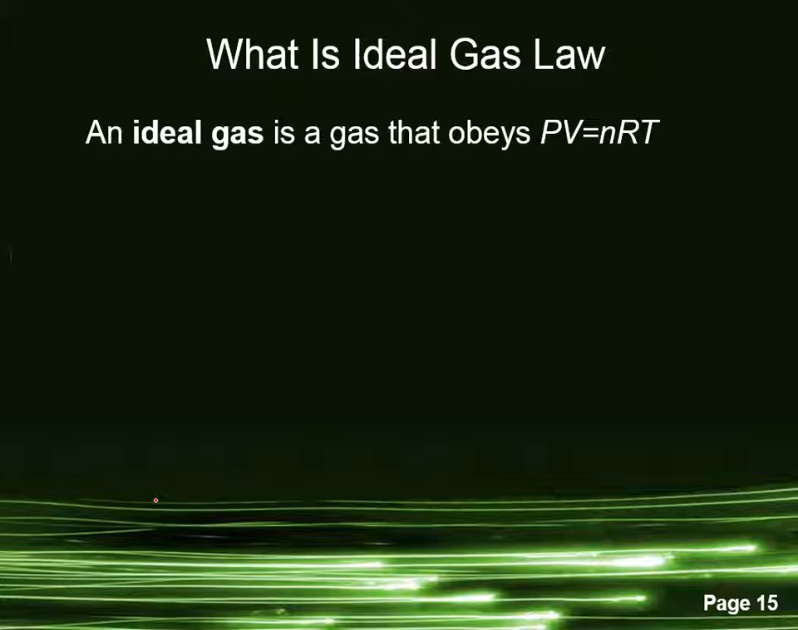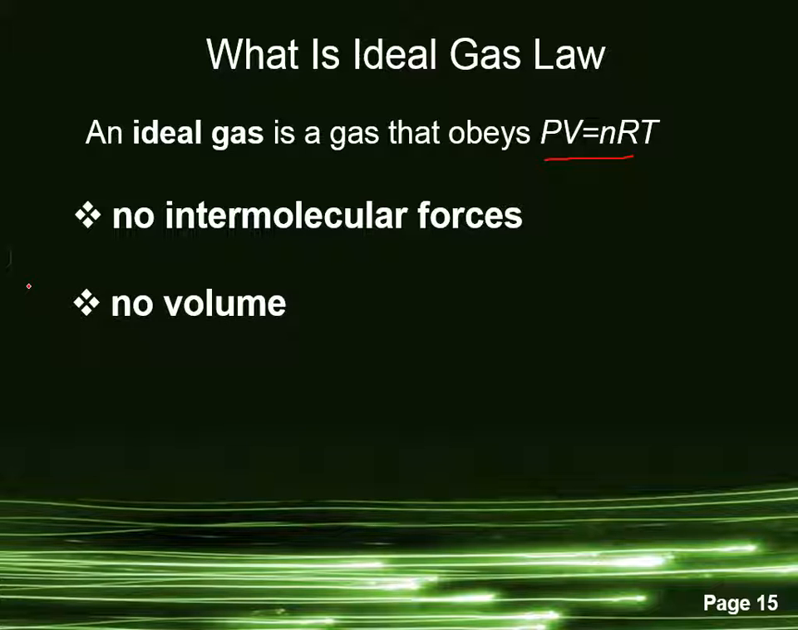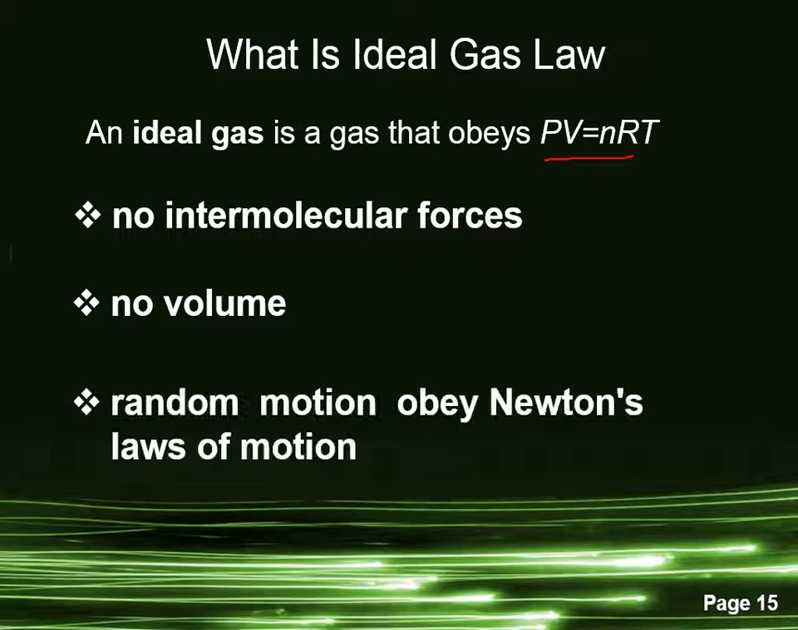What is ideal gas law? An ideal gas is one that obeys these three conditions. The first condition is there are no intermolecular forces between gases. The second one is the volume occupied by the molecules themselves is negligible compared to the size of the container, and the third one is the gas consists of a large number of molecules which are in random motion and obey